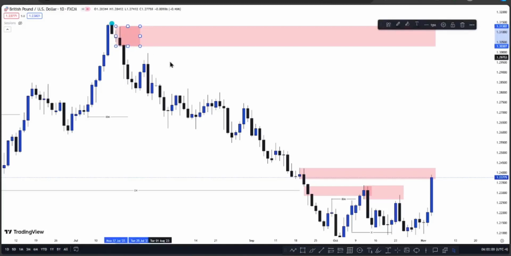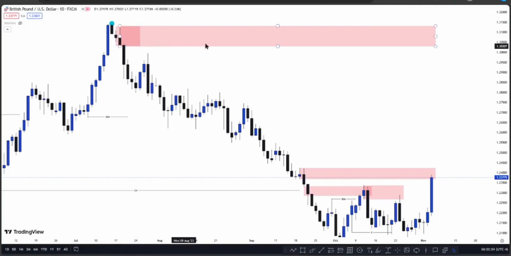Okay, that's an order flow, and as you can see, that order flow is not mitigated. That's why this OB is high probability. Now apart from that